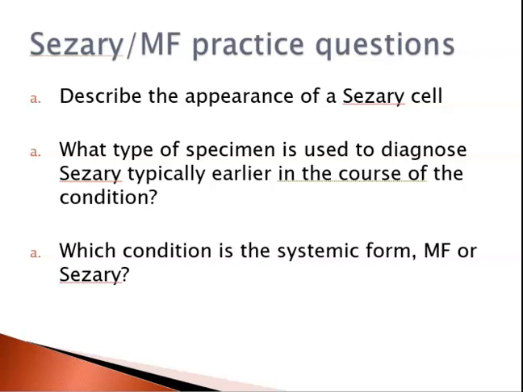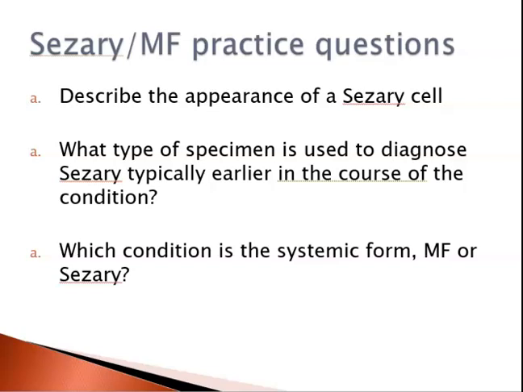Next question is what type of specimen is used to diagnose Sézary, typically earlier in the course of the condition? The answer would be a skin biopsy, and you're looking for abnormal T lymphocytes. The last question is, which condition is the symptomatic form? The MF, the mycosis fungoides, or the Sézary syndrome? The answer would be the Sézary syndrome, because once it has spread to other areas other than just the skin,